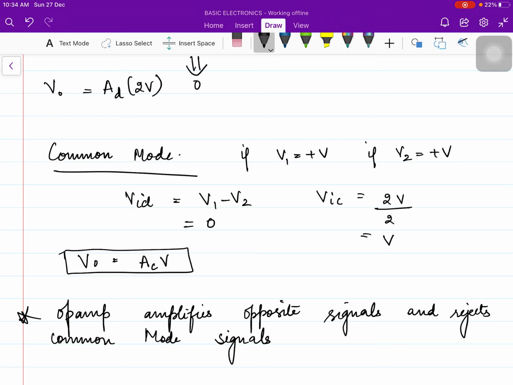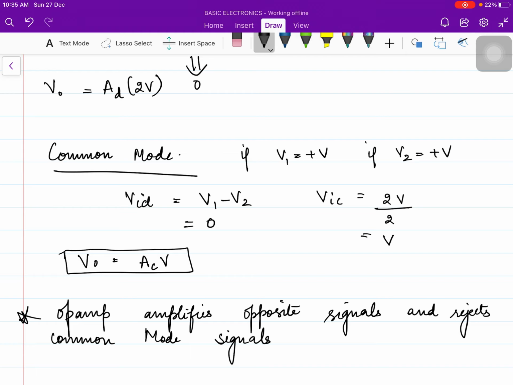operation of an op amp, you must know that op amp is simply V0 equals some gain multiplied by the difference of the voltages, and this difference has to be taken as non-inverting voltage minus inverting voltage. So you always have to remember this when we talk generally, but if you are specially given the common mode gain also in the numerical, then you will talk about the output as a whole, that is V naught equal to AD VD plus AC VC. I hope I am clear.